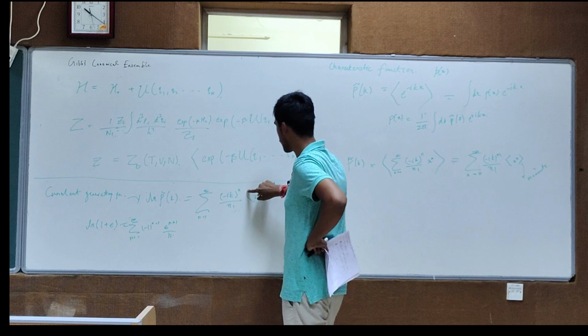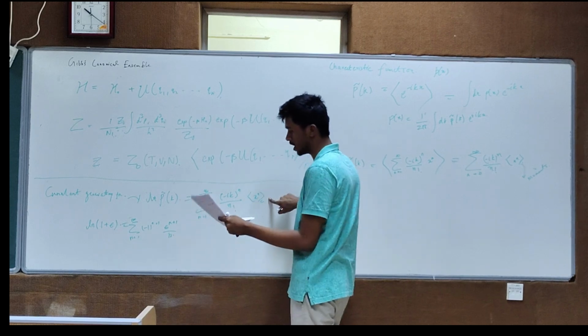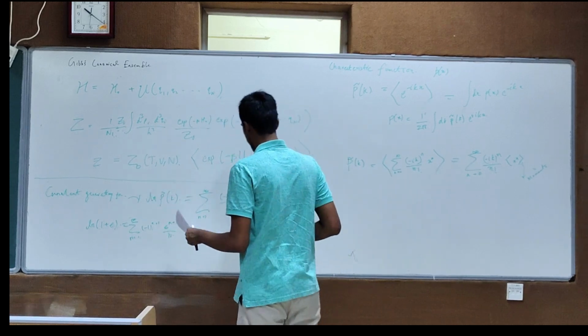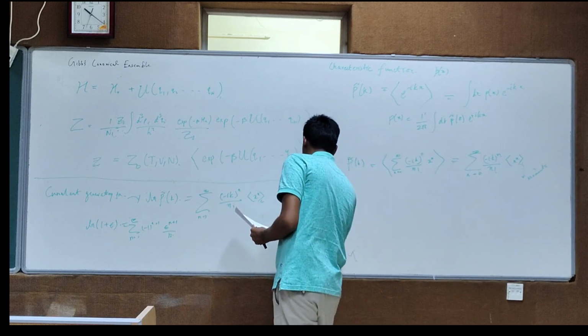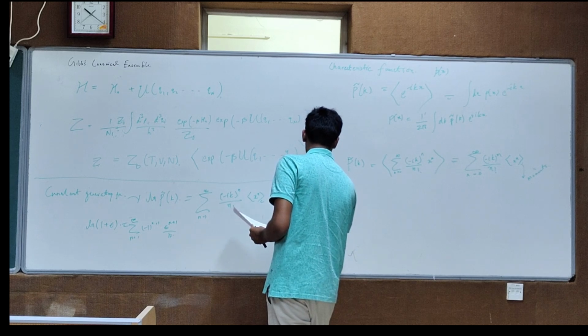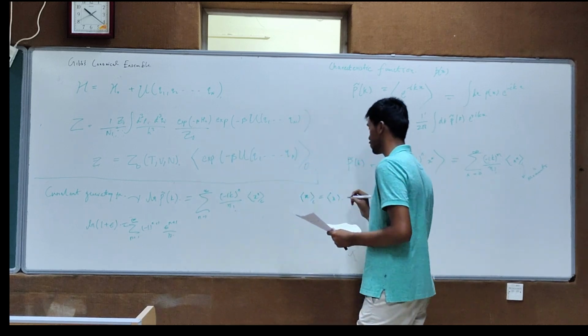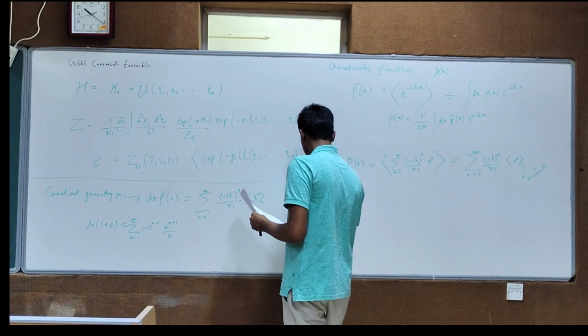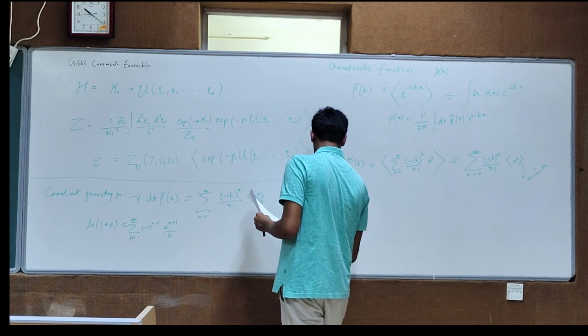Whatever term remains over here, you call that the nth cumulant. These cumulants are related to the moments, obviously. The first cumulant comes out to be the same as the first moment. The second cumulant comes out to be the variance,